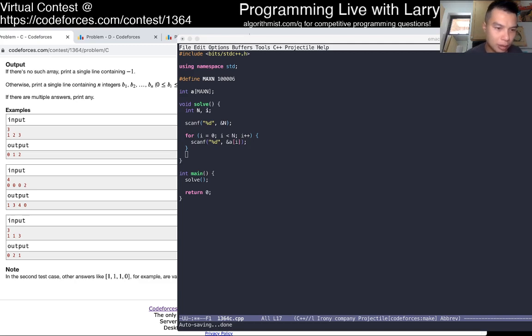So here we suffix is 1. 1 is good. 2, we try to put 2, 2 is used, so that's no good.